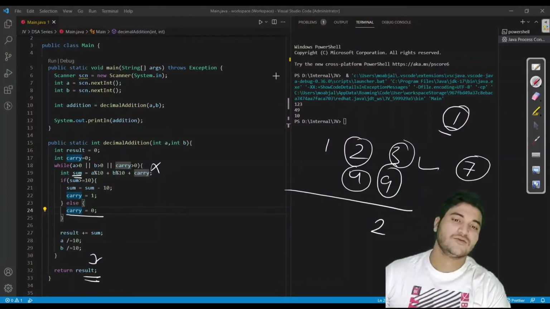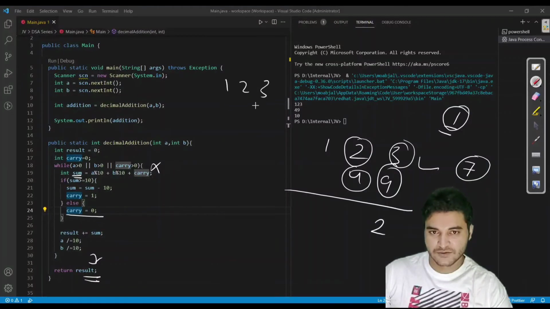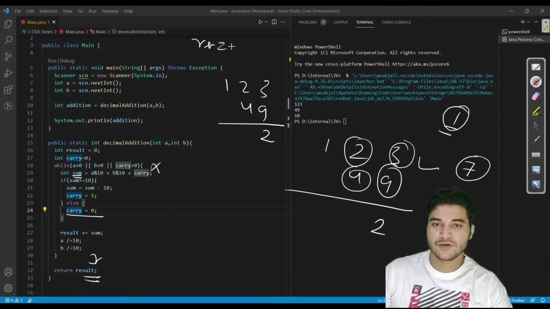In the dry run which I have done earlier, we made a mistake. I showed you 2 and the result would be 2. In this iteration we also have carry as 1. When we add these two, 4 plus 2 is 6, plus 1, we would get 7 as the result, so we would add 7 here.